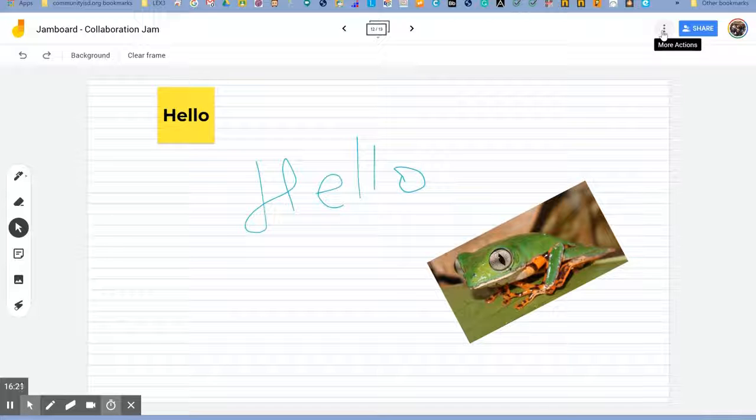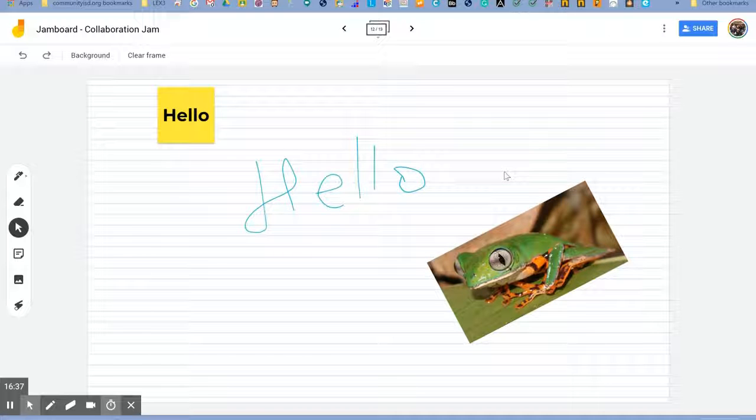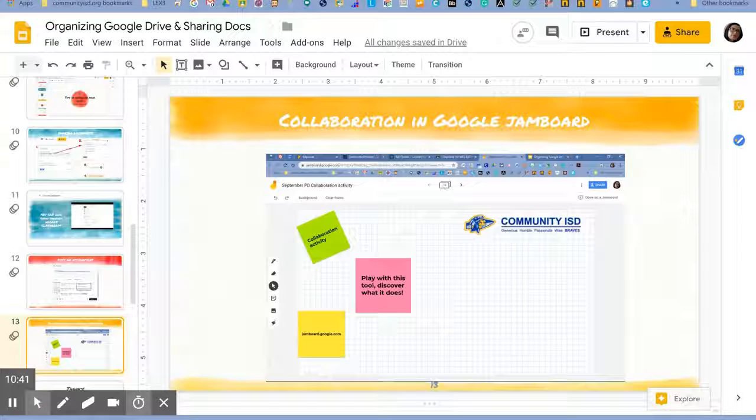And just as a last little tip, if you click on the 3 dots, obviously, you should be renaming your document before you give it to your students, but you can also download this as a PDF. You can download it as an image, or you just can keep working on it as it is for as long as you want. So these are our ideas for collaborating